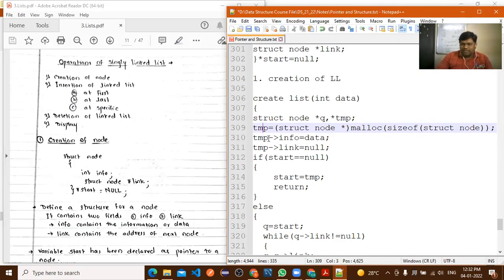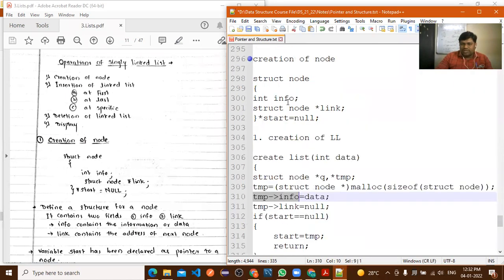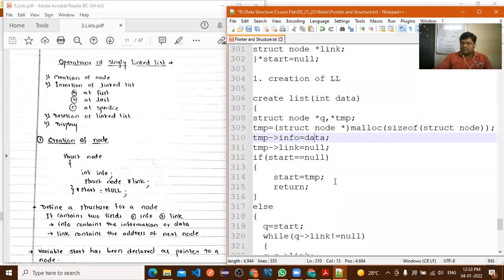Now after that, I have assigned the temp info. Here the 2 variables are there, temp info and link. So the node has 2 parameters, one is info and another one is link, right? What value are you assigning to the first parameter of this node?